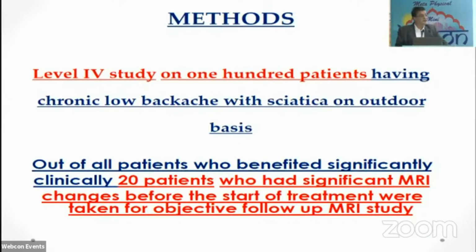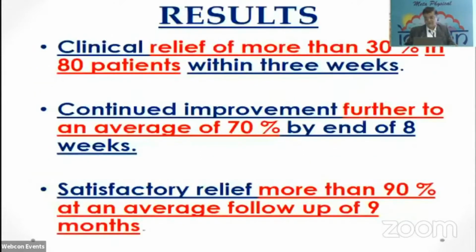So we did a study about 14 years back, and it was a level 4 study because it was a case series. We included all types of patients, including very bad ones, those who were declared candidates for surgery also. Out of all those 100 patients who had improved significantly, we selected 20 patients who were actually recommended surgery, to see what is actually happening objectively. Who has seen a peacock dance in the jungle? So we went for our own study. We are thankful to the MRI center, which did not charge for it.